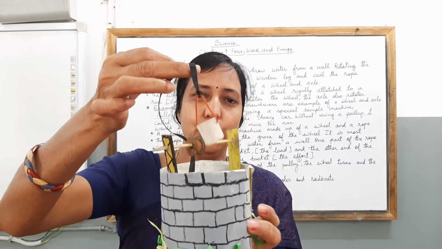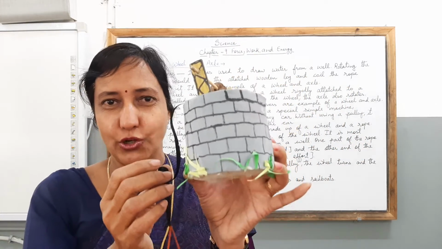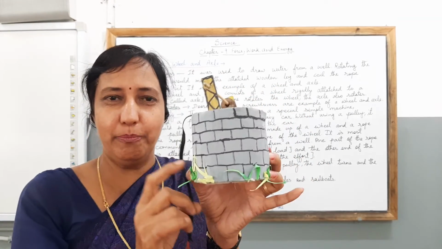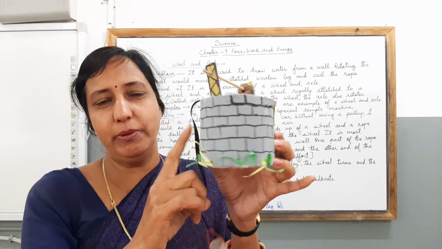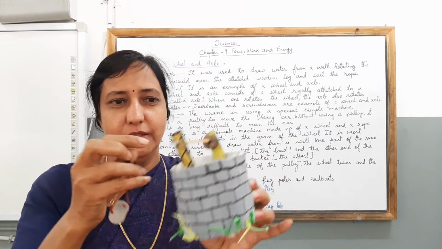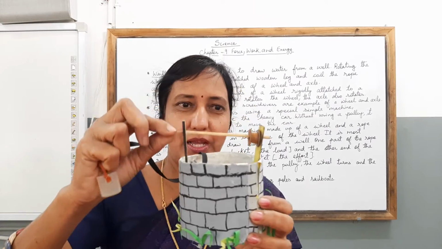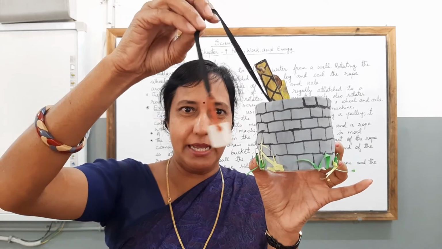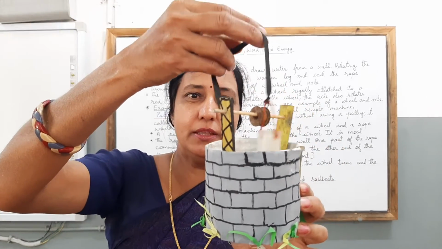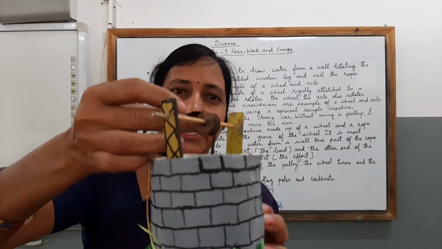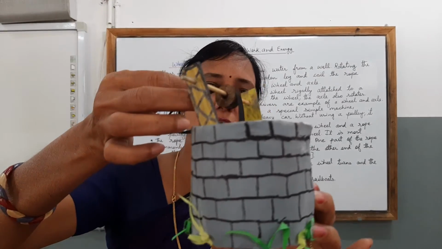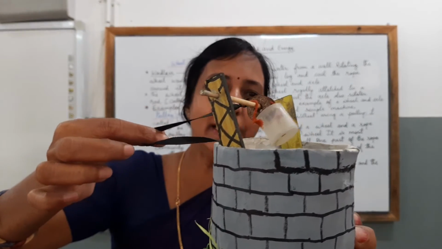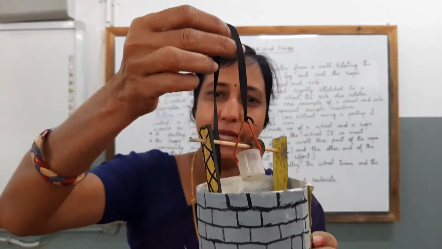So again, I am trying to show you the model which is there. You also can make and enjoy making a pulley at home. Use this kind of a cutting of a plastic bottle, then cover it. Try to make a view of a well out here. Then you can use 2 sticks like this. Then you can put a wheel right here. Then you can, children, make a bucket like this and try to use it in this form as I am showing it to you. Here, children, you can just try to pull a bucket with the help of this wheel. Can you see, children?